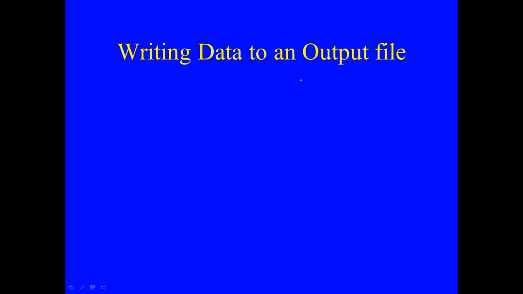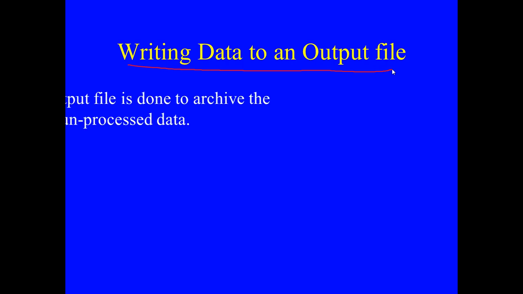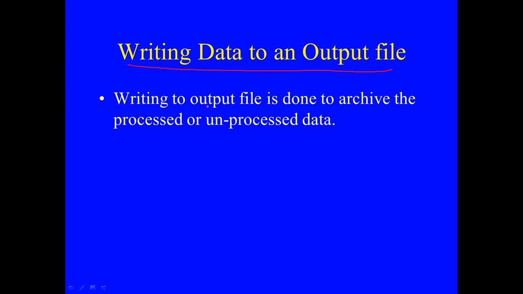This is the second video in the series of 5 where I'm showing file processing in Java. This time we are going to show how to output the data to an output file that can be archived in one of the drives to which you can write files. So writing to an output file is done to archive the processed or unprocessed data,